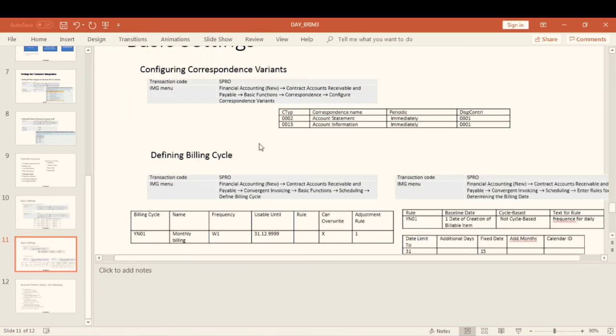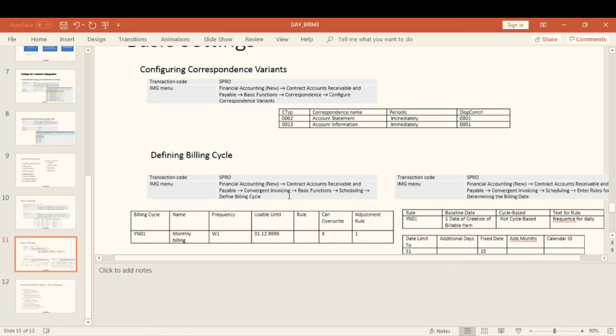In the overview session we have learned that in the CRM system, in the convergent charging system, rating happens, and it will send the charged items to the ECC system as billable items. We have learned this, right? So all these billable items will be present in the ECC, that is the convergent invoicing system.